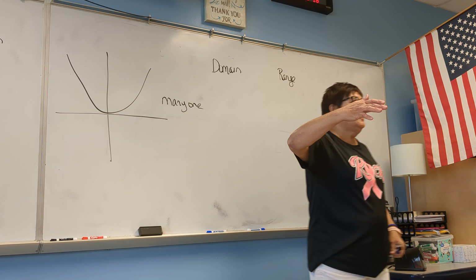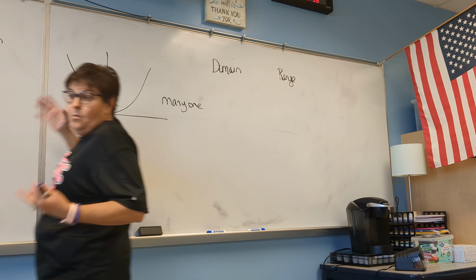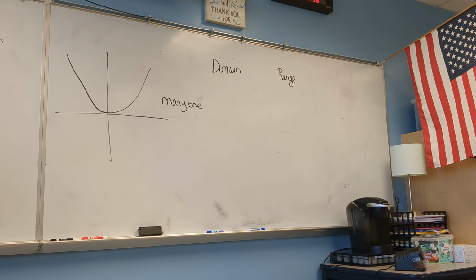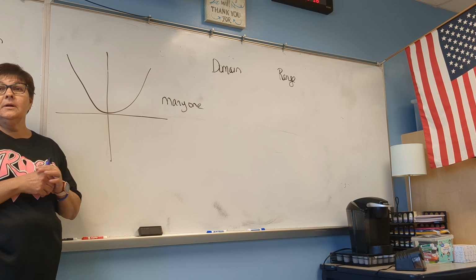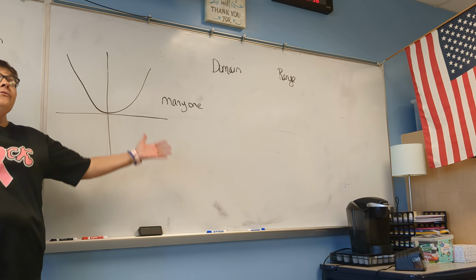So what are the values of x that'll make this work? Do you agree that every value of x is going to eventually be on that particular graph? Because it's going this way that many, and it's going this way that many. Are you guys cool? So what is the domain? The domain is everything,